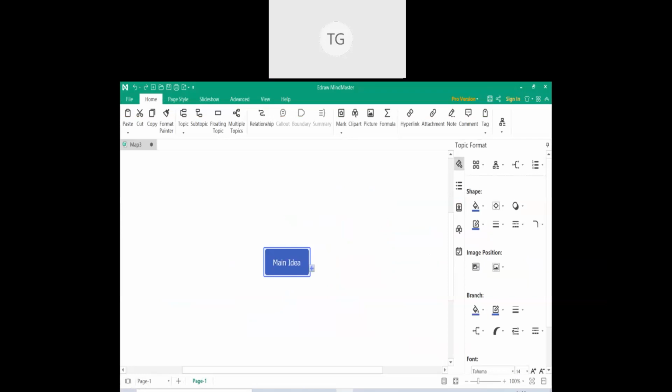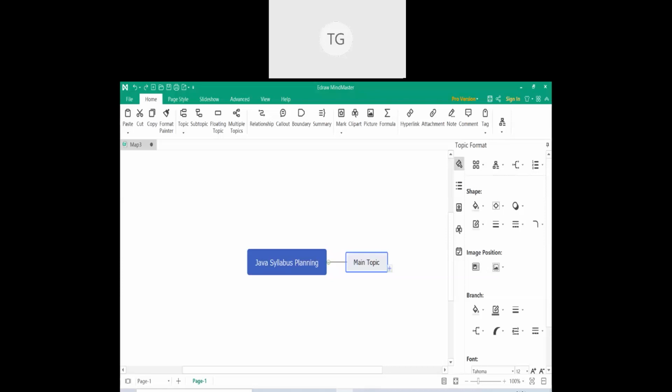Suppose I want to design my lesson plan, or I want to design my course curriculum for the course Java programming that I take, right? So you can say the main idea is Java syllabus planning. I want to go about the syllabus planning of Java. Now, the main idea or central idea will always be one. There can be many sub ideas, there can be many branches, but the main idea will always be one.